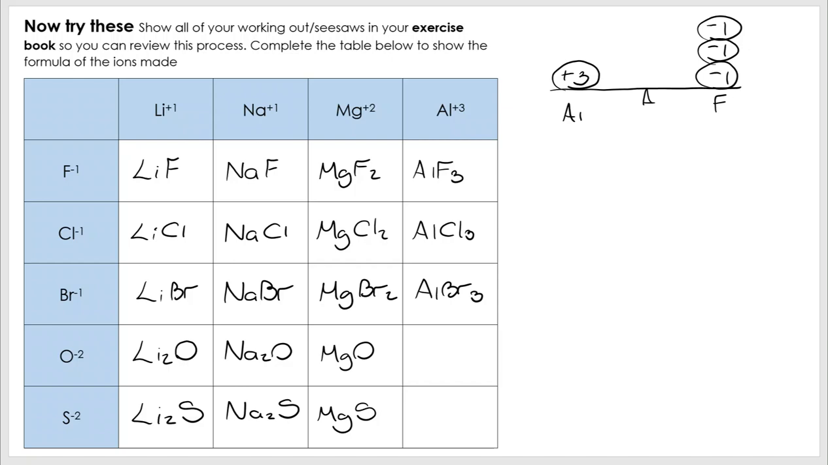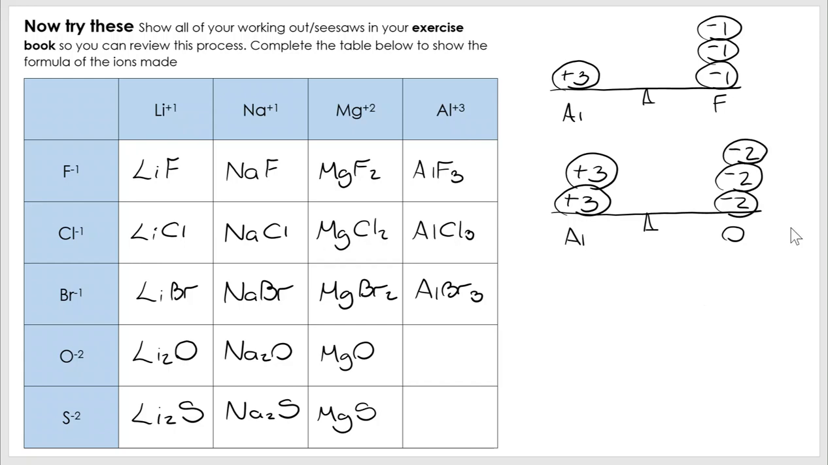Now let's take a look at aluminium with oxygen. So aluminium is +3, oxygen is -2. Well, they're not balanced. This is certainly too low, I need more. So let's add another. I've now got -4 and I've got +3. This is now too low. So let's add a second aluminium. I've now got +6, I've got -4. Well, I can add another -2 now. I've got 2 aluminiums, I've got 3 oxygens. The formula is